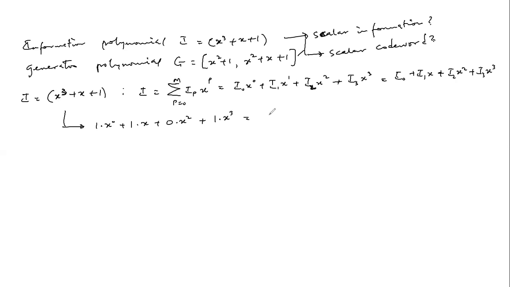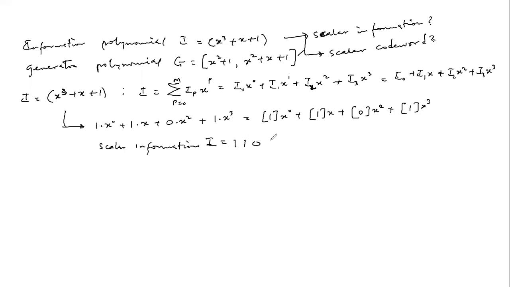So this now will be the same as 1 x naught plus 1 x plus 0 x squared plus 1 x cubed, such that the scalar information I will now be equal to 1, 1, 0, 1. Okay? 1, 1, 0, 1. But the polynomial code word